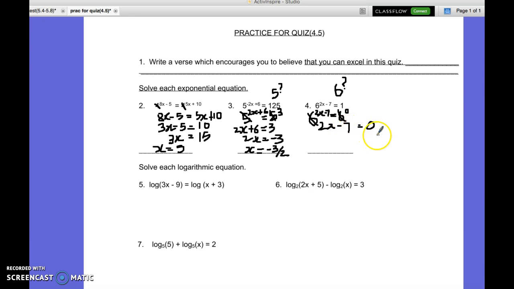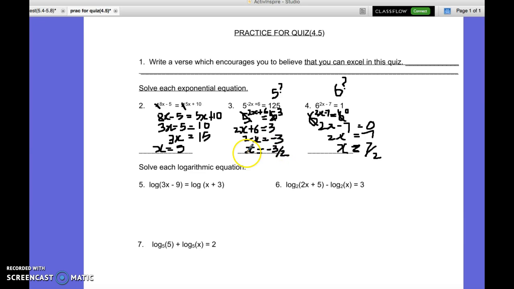I add 7 to both sides, and I get 2x is equal to 7. Divide both sides by 2, and I get x is equal to, so it should be an equal sign, 7 over 2. Okay? You can put the steps in there, which I didn't put. I could put add 7